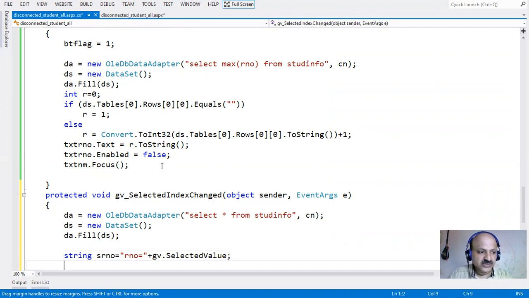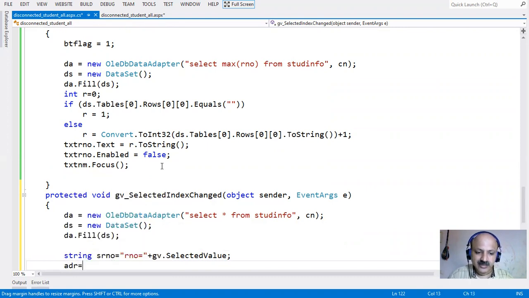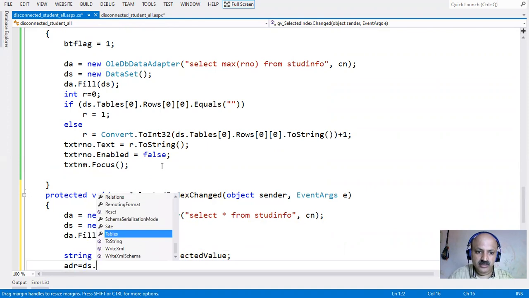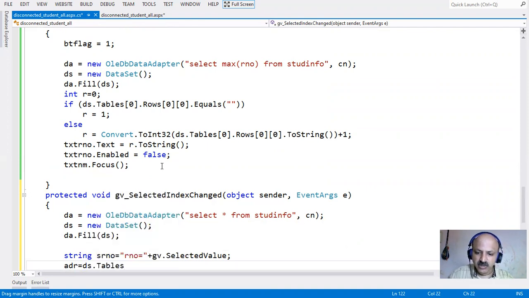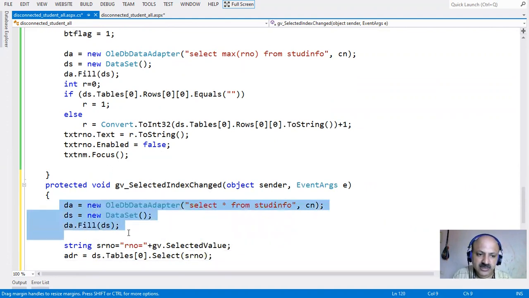Now I use the data row, the ADR handler, and dataset dot table of zero index and then the select method. We pass SRNO, that is our selected table field from the client side. So the appropriate control appears for the selected roll number.